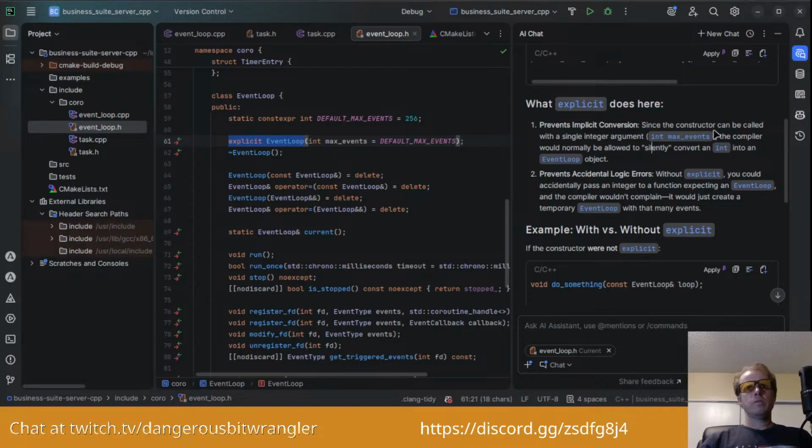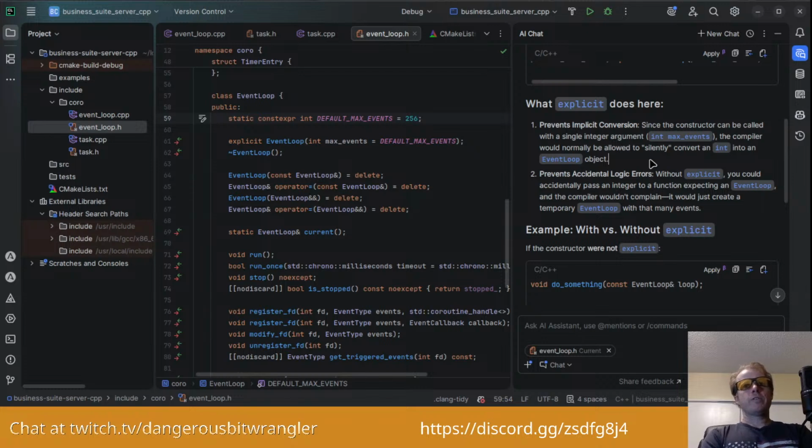What? Oh, because it takes that type as an input to the constructor. Okay. Got it. That's wild.